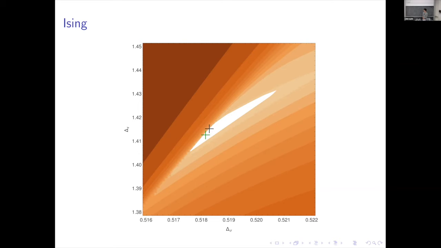And the nice thing is that here, the black cross is the value inside the island for which the navigator function is the smallest. And the green cross is the known value for these dimensions for the Ising model that was obtained at much higher precision. And so for this generally low precision setup, we see that the island is quite large. The point where the navigator function is at its minimum is very